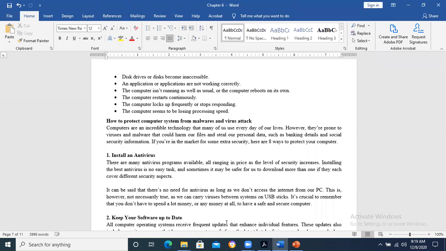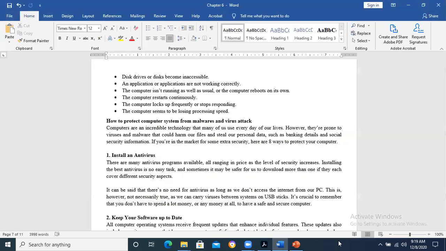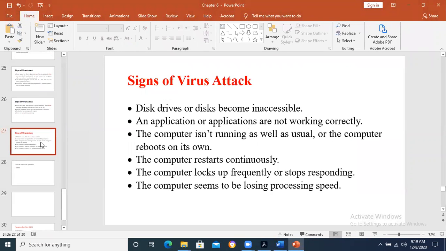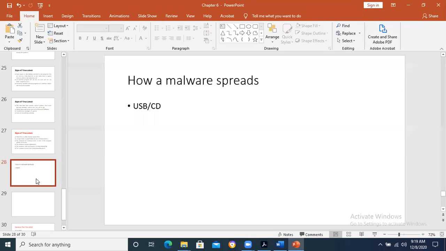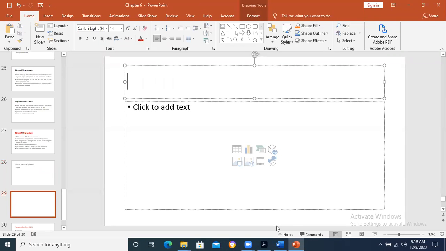This is an important thing that any computer user should think about. We had already gone through the different signs, and now we have to see how to protect your computer system